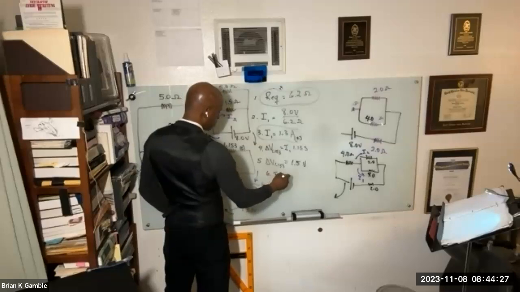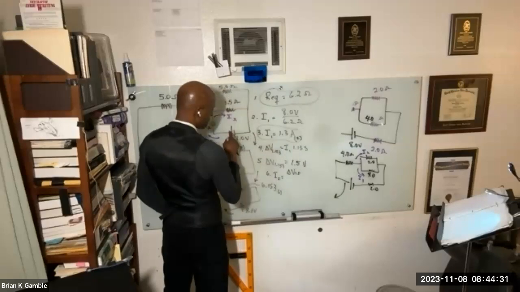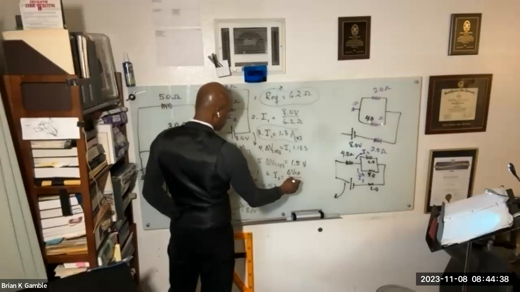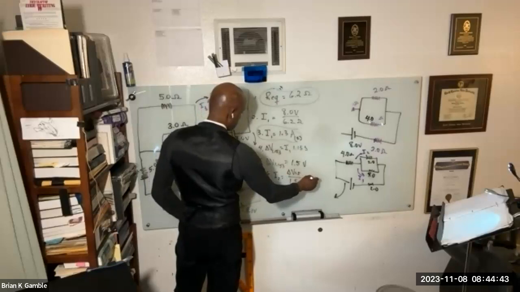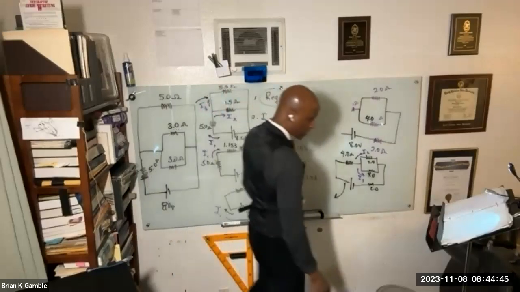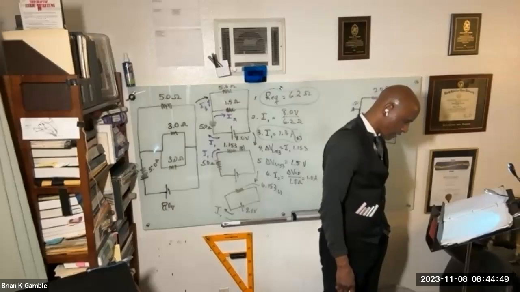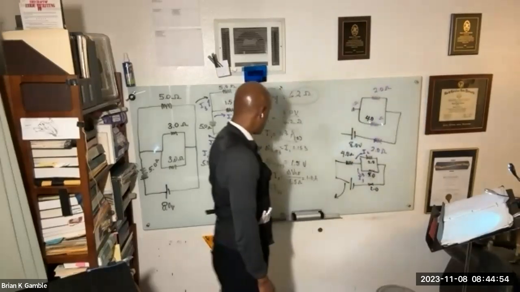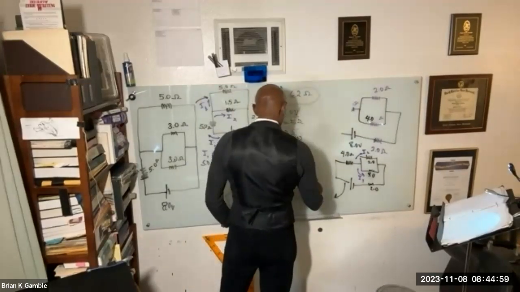I2 is equal to delta V over the 1.5, which is 1.5, divided by its resistance, which is 1.5 ohms. It ends up being 1.0 amps. But I don't think that's what I have. I have 0.5 amps. I have half of that. So something's